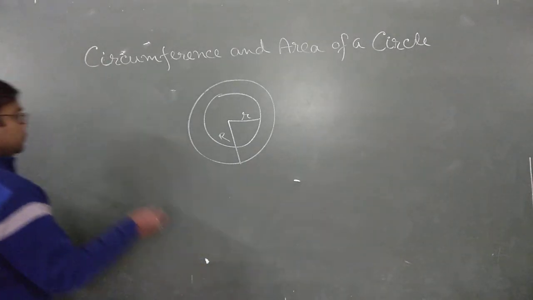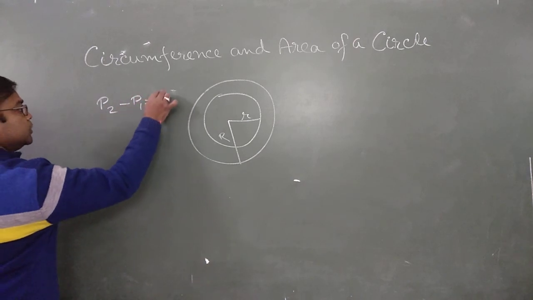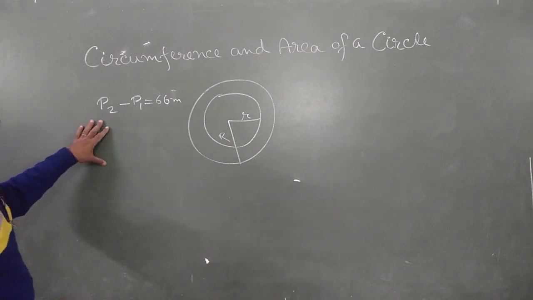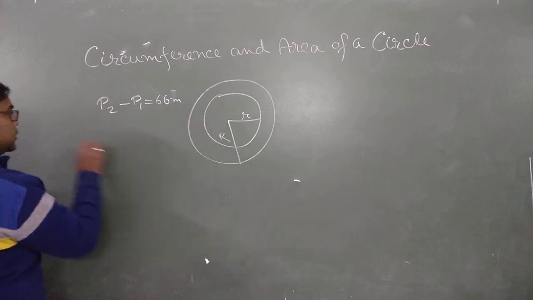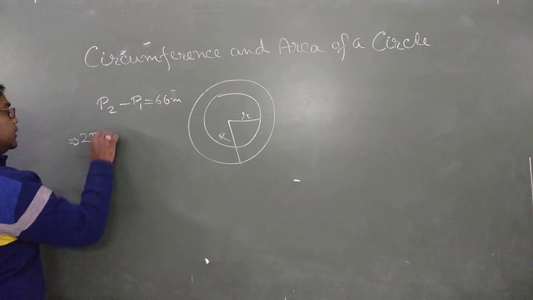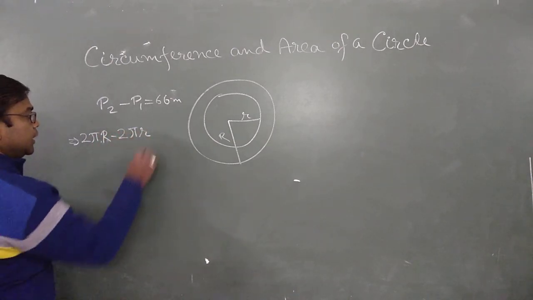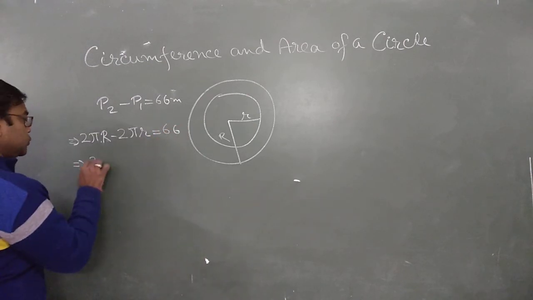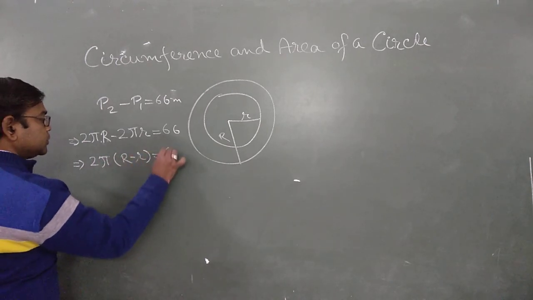Means what? Suppose P2 minus P1 equals 66 meter. So what is P2? If we suppose this capital R is the radius of the bigger circle, what can we write? We can write 2 pi R minus 2 pi r, and this is given to us as 66. If we take 2 pi common, what we have? R minus r equals to 66,